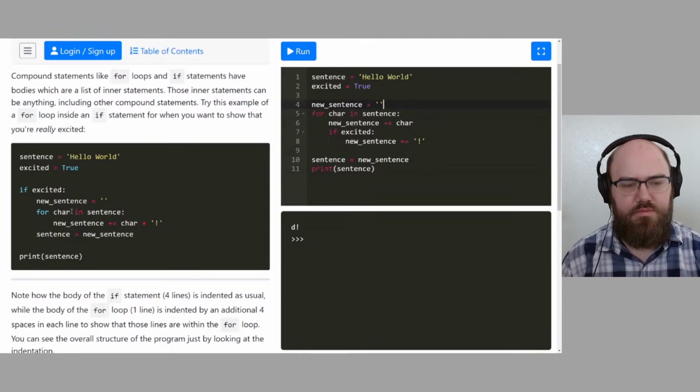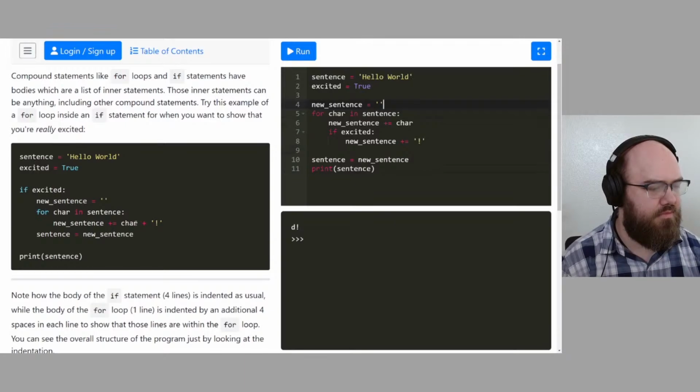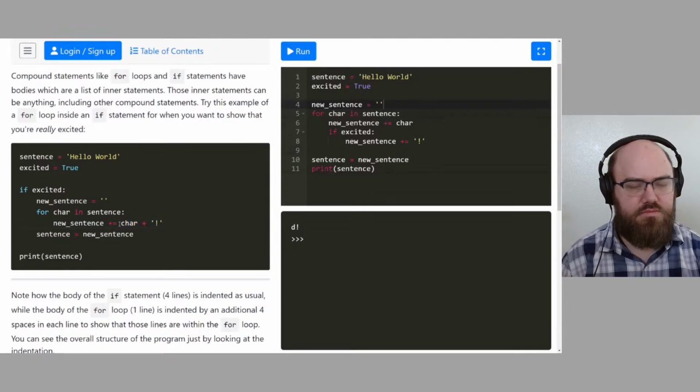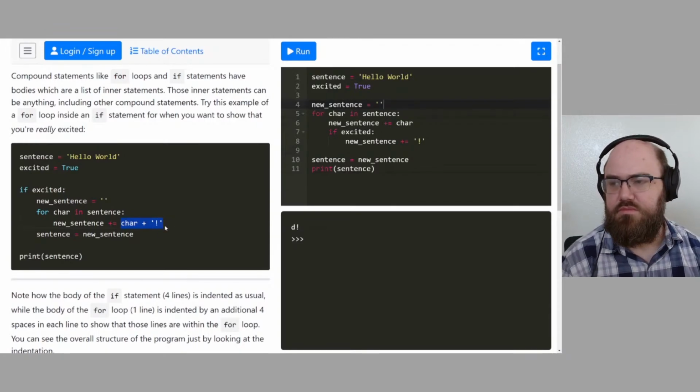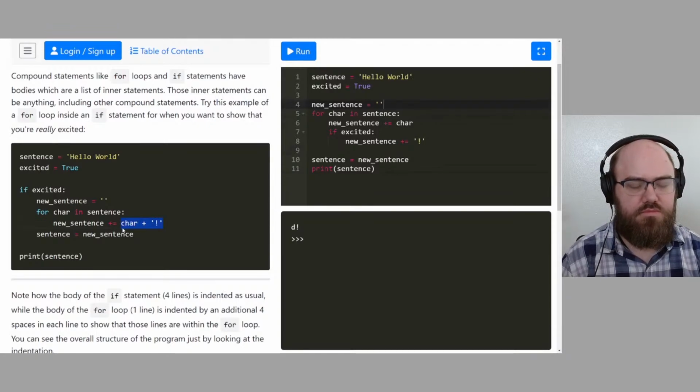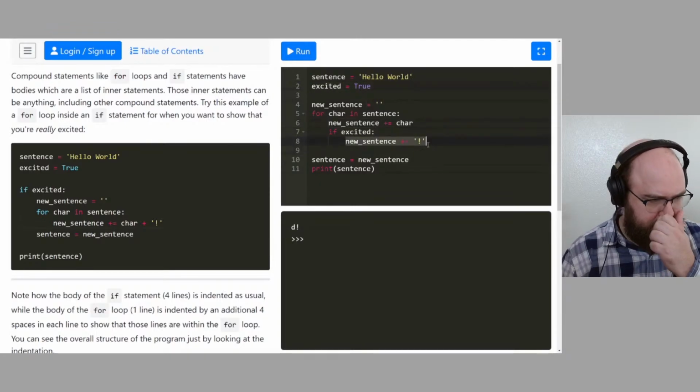And then another thing. What did it do here? For character in sentence, new sentence plus equals char. Okay. Because in these expressions, I combine them together with that plus, versus on this side I just did plus equals new sentence char, and then set a condition, which mind you is already enabled because I made it true,